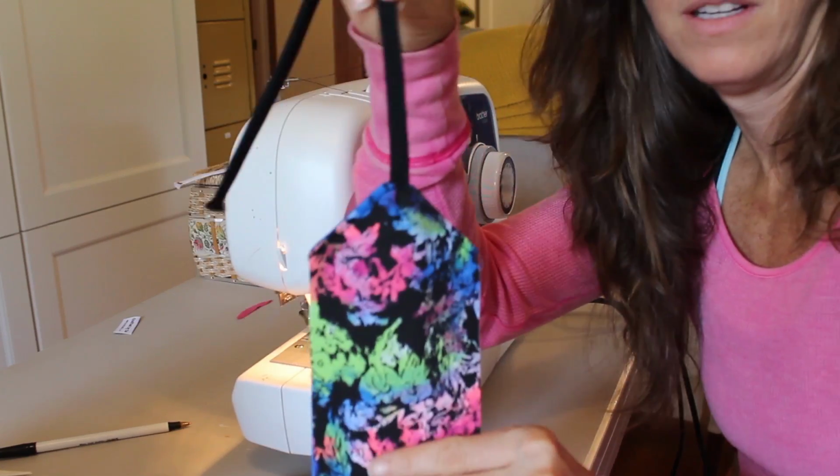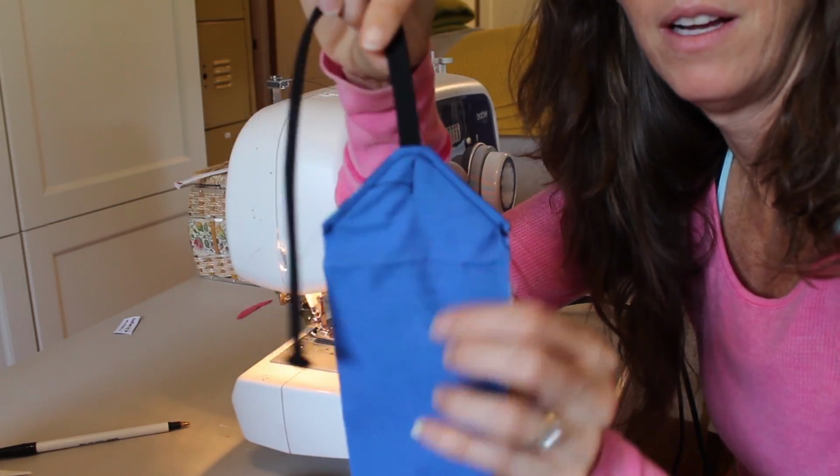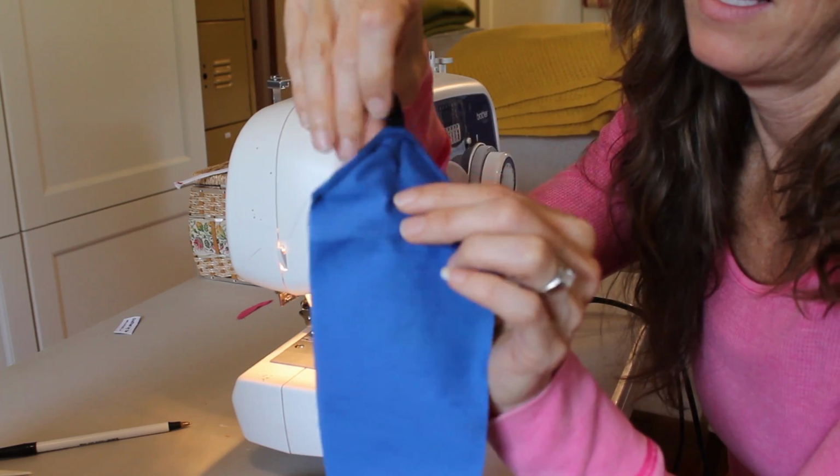And there you go. So it looks finished here and here. Let me show you the back. You can see that probably even better. And there's the back side. And then